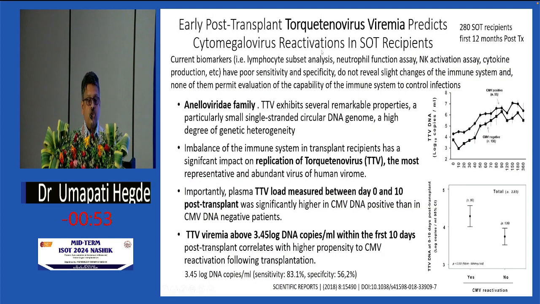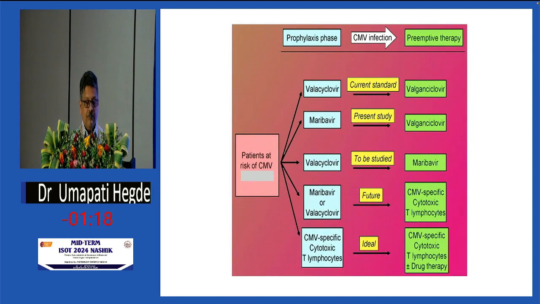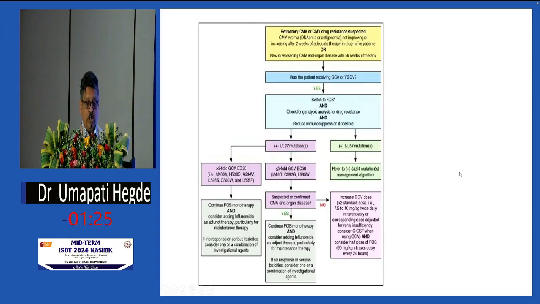There is torque teno viremia which was shown consecutively when you monitor, and if the level threshold is higher, this is one of the viruses which is there and it replicates with immunosuppression. This may be an indirect way of predicting the CMV viremia in the future. If there is more than 3.45 lakhs in the early 10 days, they may be future candidates for CMV infections. You all know all this therapy and the prophylaxis, and possibly we may go with CMV cytotoxic therapy, the CAR T therapies for the treatment also in the future. And this is the treatment for